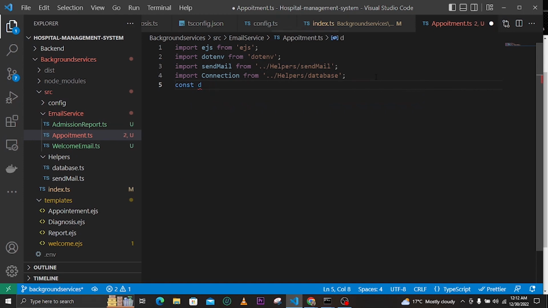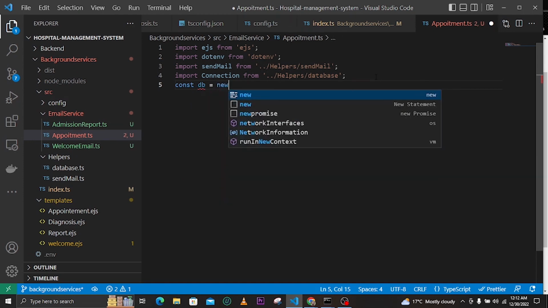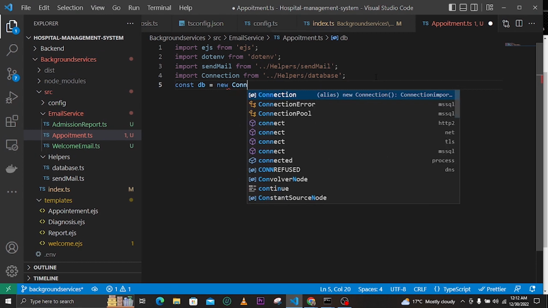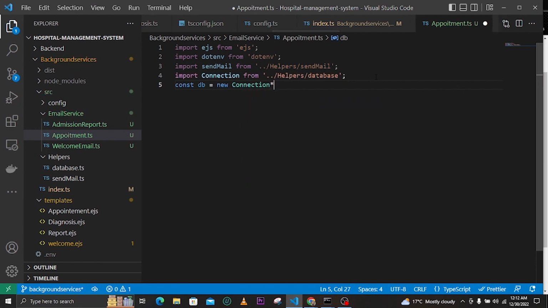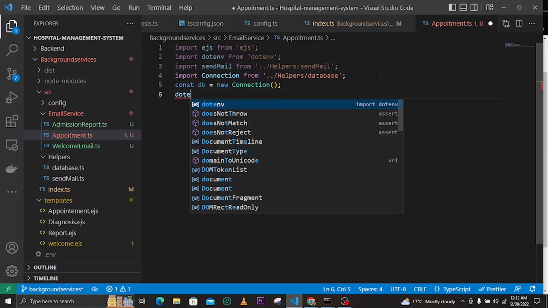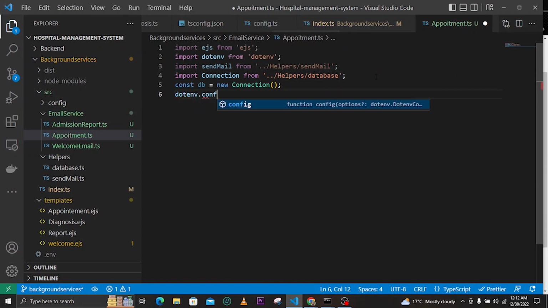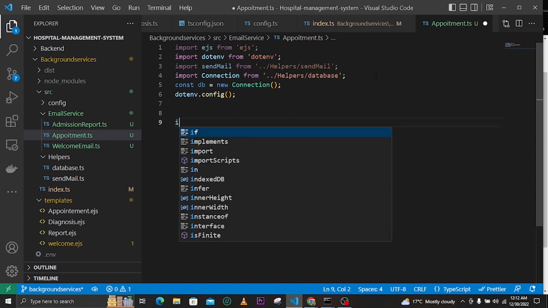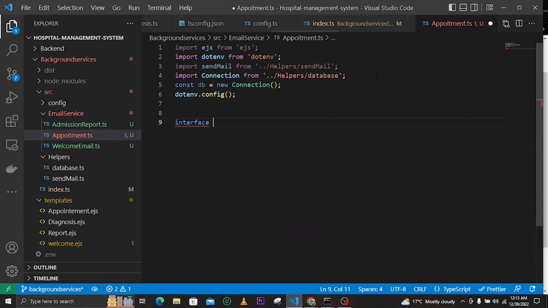So we just say db and then new, and then call this class or the function. Now the other thing we need to do is .env .config here, just like that. And now we need first of all to create an interface for appointment,